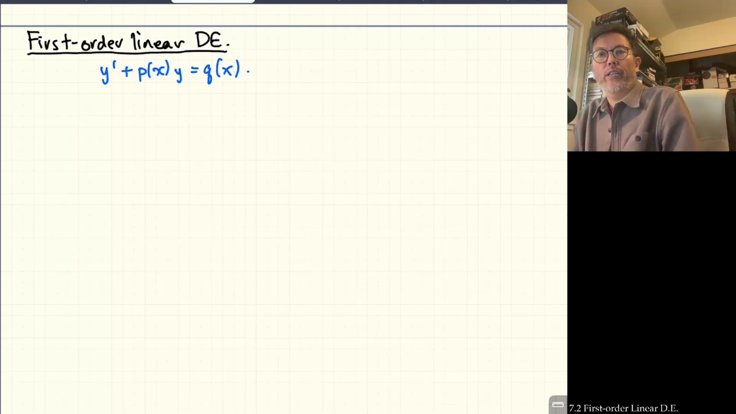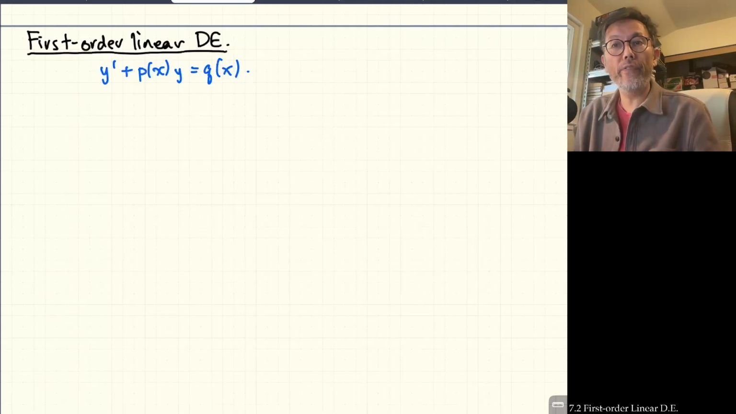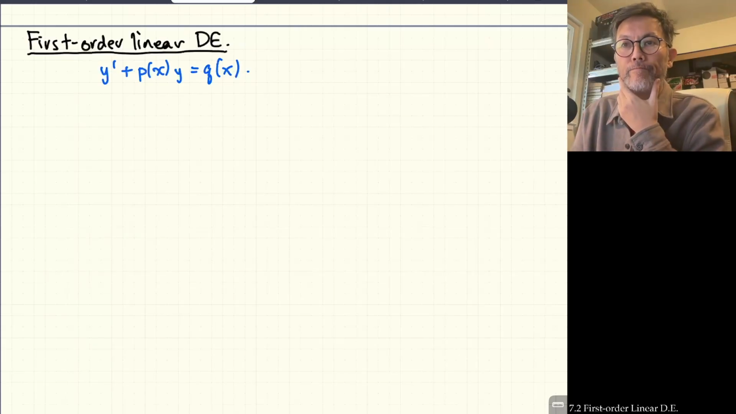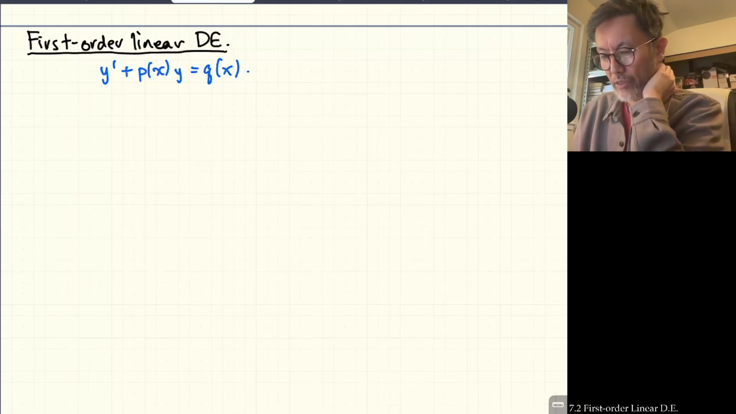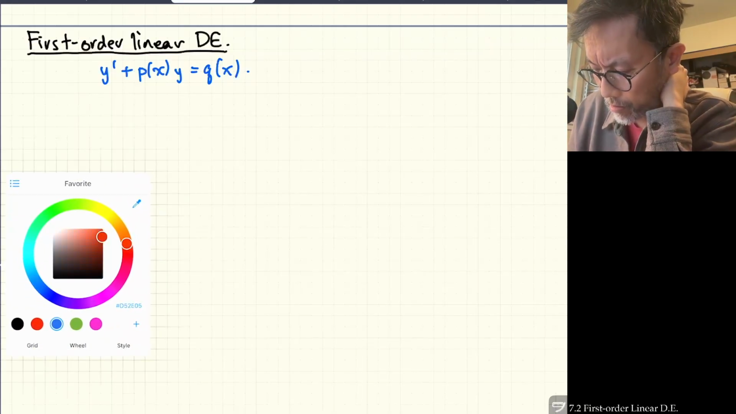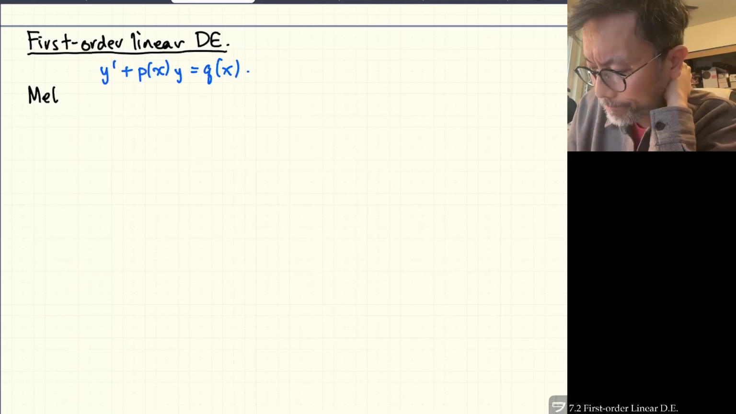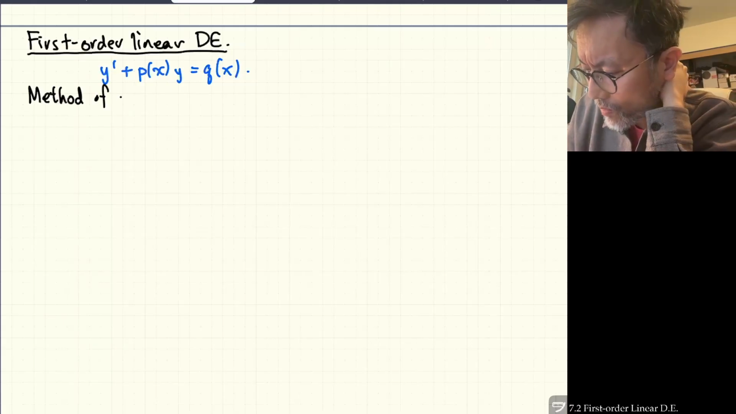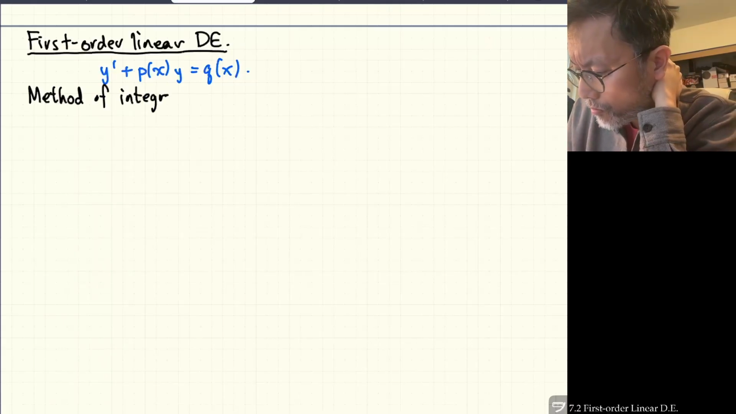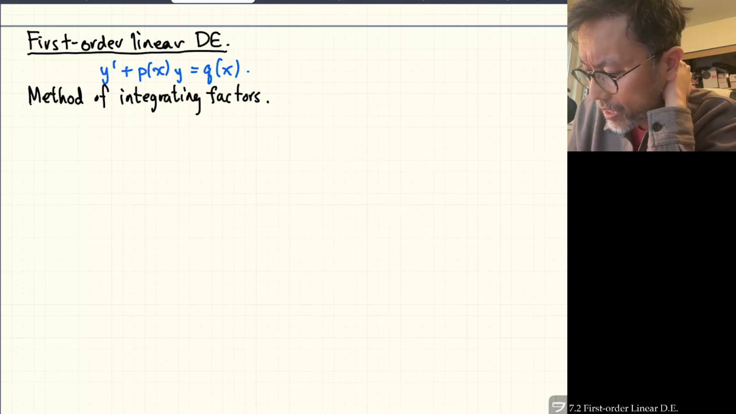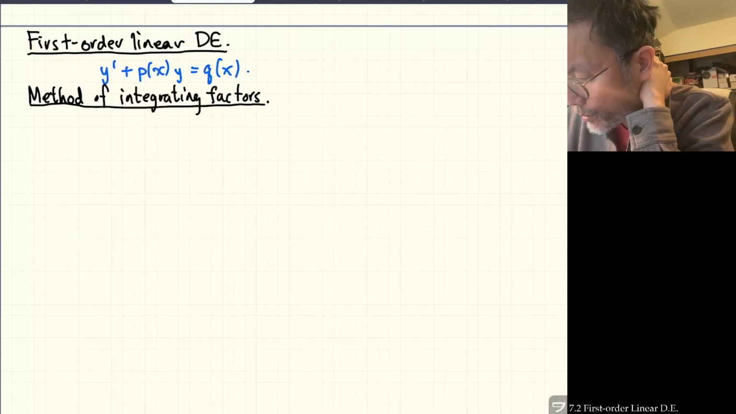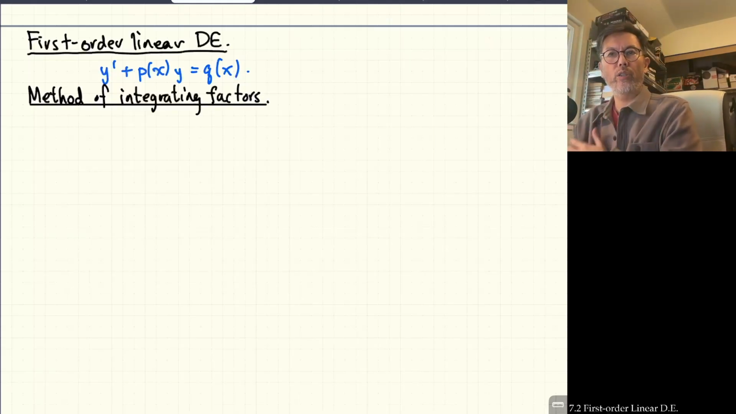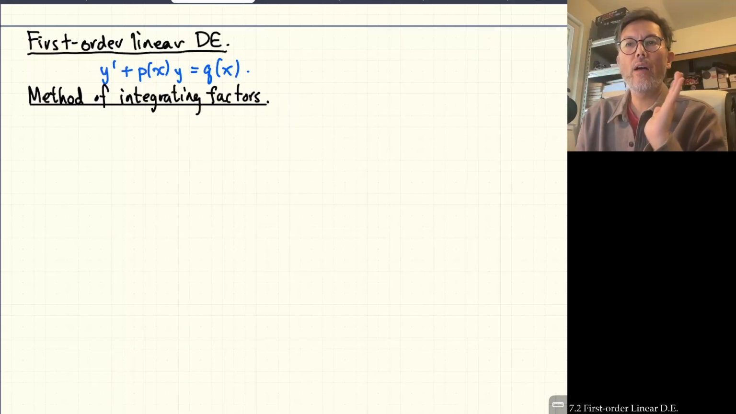And what we're after here when we write down this equation, when we say we want to solve this, is we want to find all functions y which satisfy this differential equation. Okay? So the way that we're going to do this is through something called the method of integrating factors. And this is a method which will work in principle to solve any first order linear differential equation that we